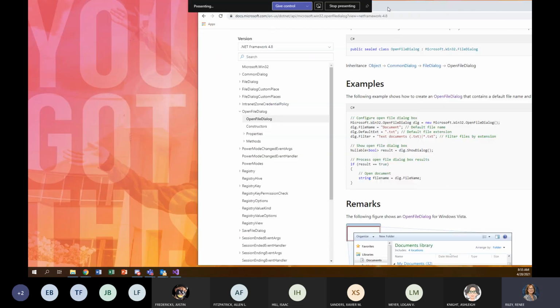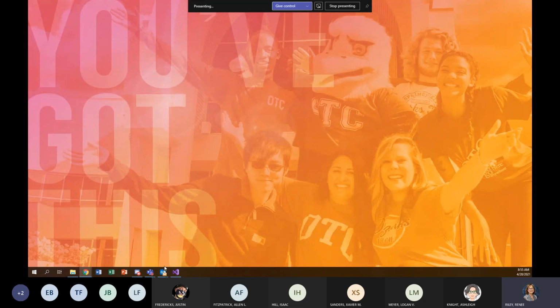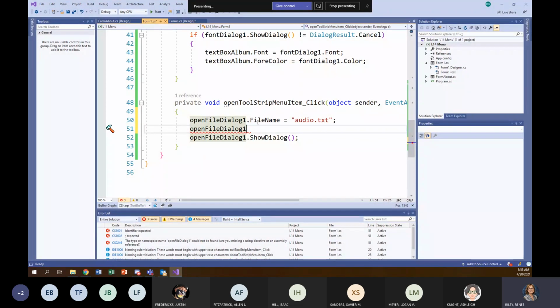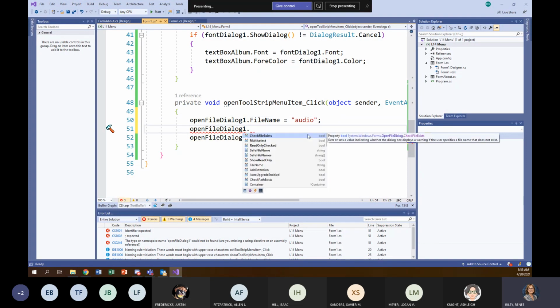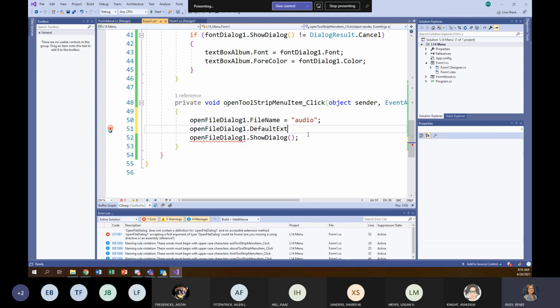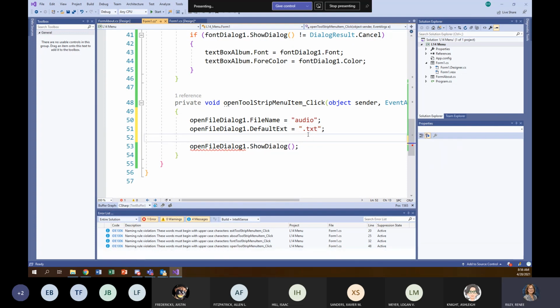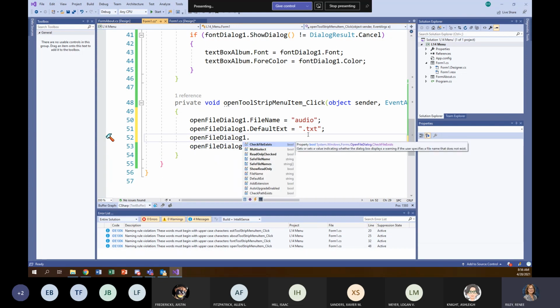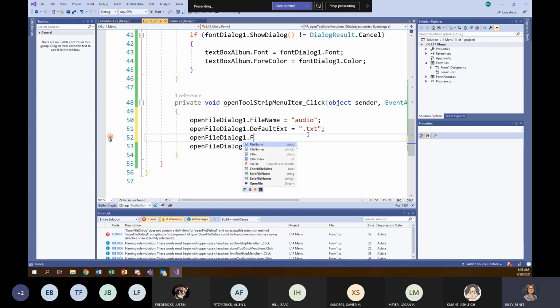Okay, so let's set our defaults like they did. Instead of file name being audio.txt, we want it to just be audio. And then we want the default extension to be equal to our .txt. In our open file dialog, we want our filter